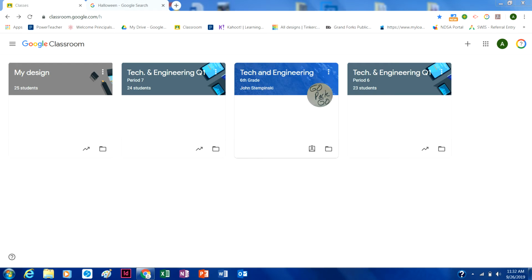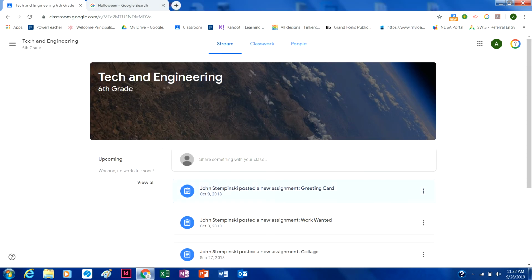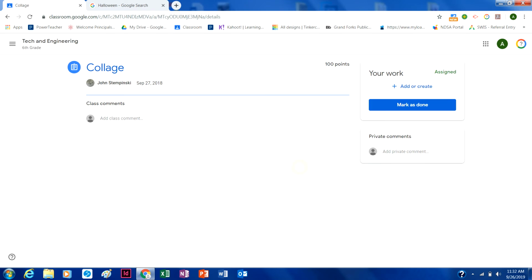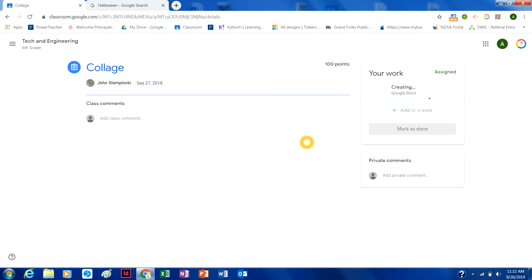So to begin the assignment, we're going to find my class, go ahead and click on it, find the assignment that says collage, hit create doc, and once that loads up we can open it. You are actually going to make two different collages. The first one's going to be on your favorite season. The second collage will be on whatever you want it to be as long as it's school appropriate. So once we open this,